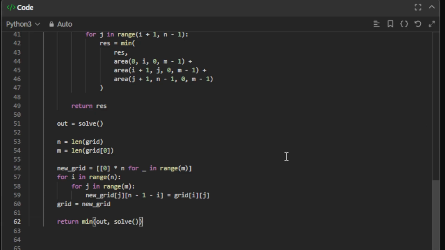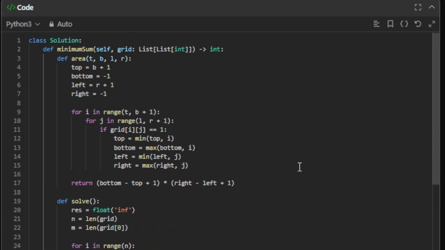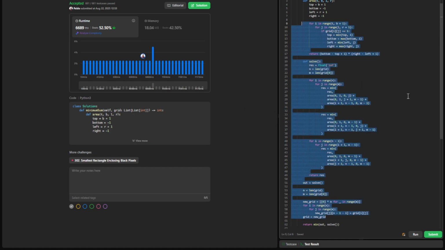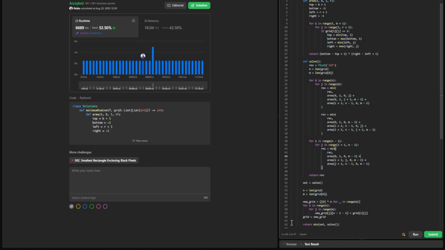So this is it for the code. Now let's submit this and see if it works. As you can see, this works and it's very efficient. I know this is a lot of code. We have more than 60 lines of code here, but I think once you get the idea, the visual solution,